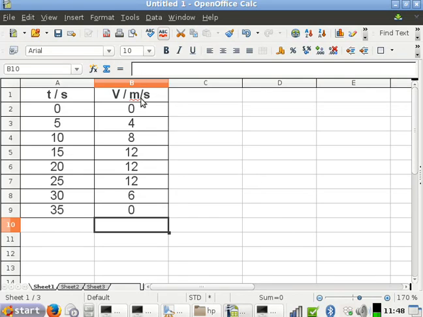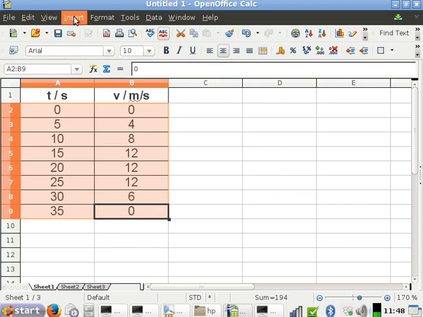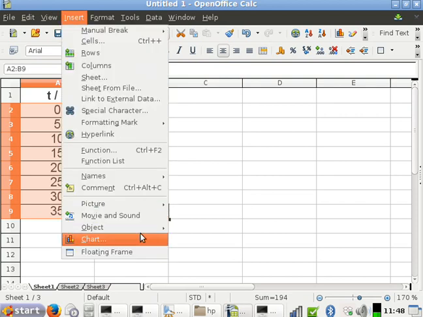So this question here, B3, the first part A, they want you to plot the velocity against the time. In other words, a velocity time graph. So here's my table, which I retyped. So if I just put in the graph for you, insert chart